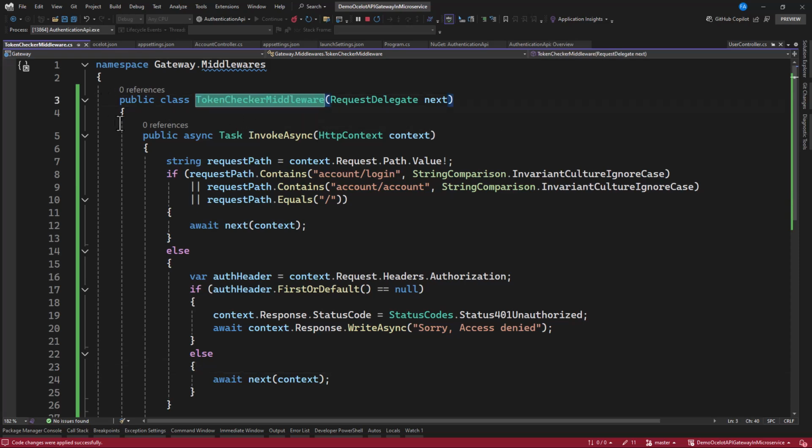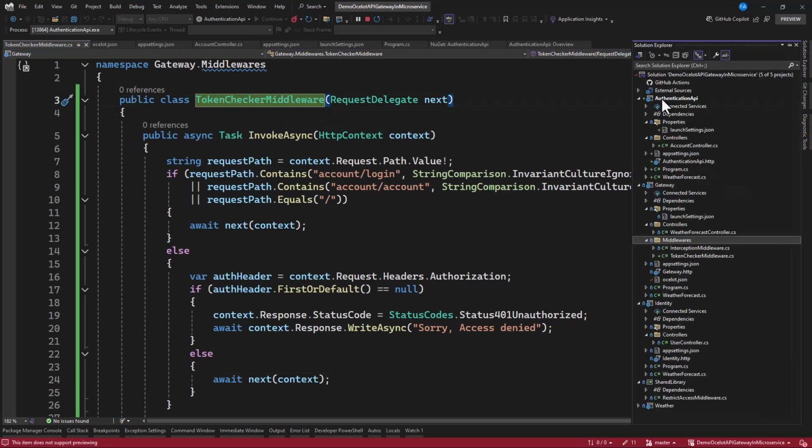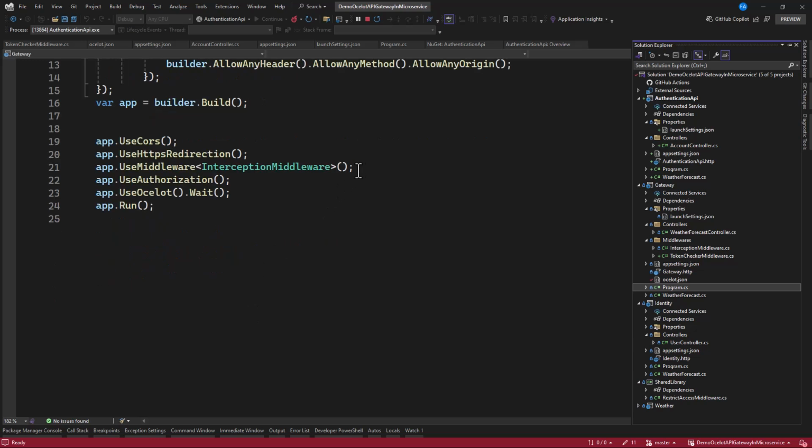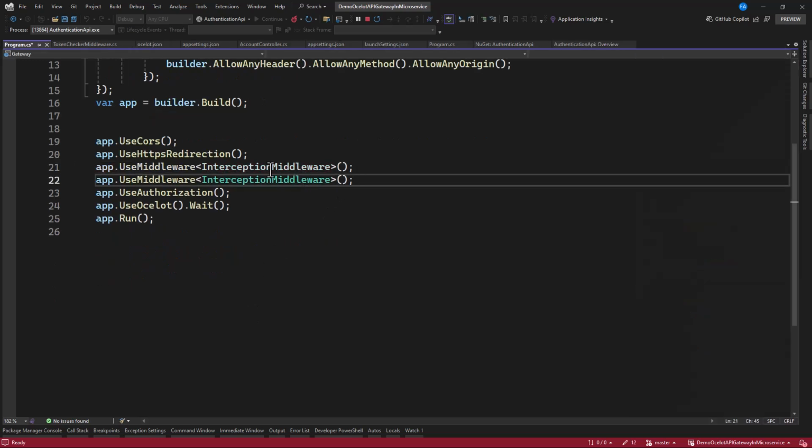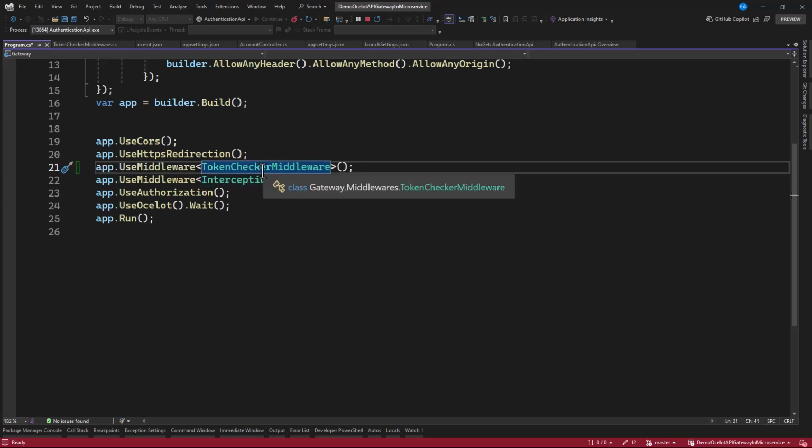Let's go to our gateway program.cs. Where we have this interception middleware added, we can make a copy of this. Now this should come first, before the interception middleware, because this is going to check if the user is authenticated. Then you check in case it is login or register. Then this interception will just intercept it, append the header section to it, and push it to the next middleware. Alright, so that's all we need to do to make this system work.